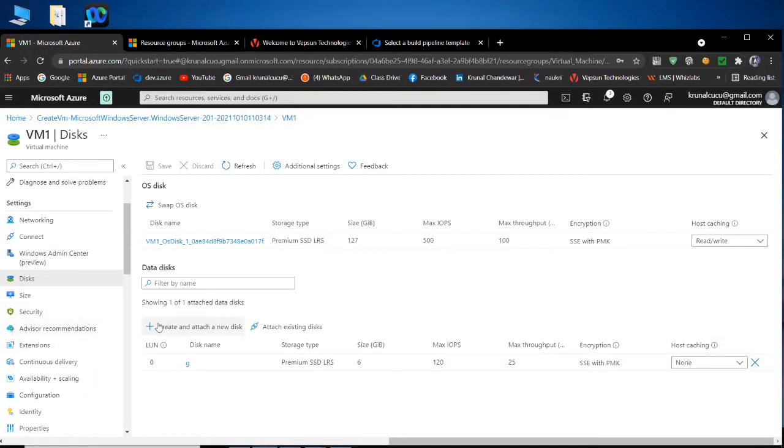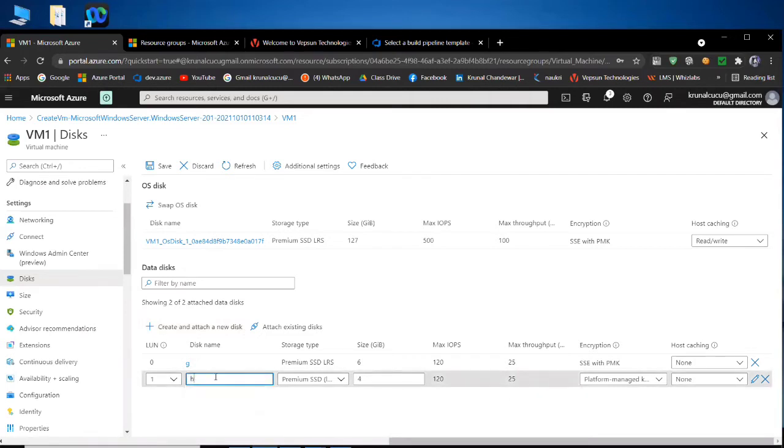Now I'm creating another hard disk, and I'm giving the name H. That will be premium SSD only, and of 4 GB only. Now I am doing save.